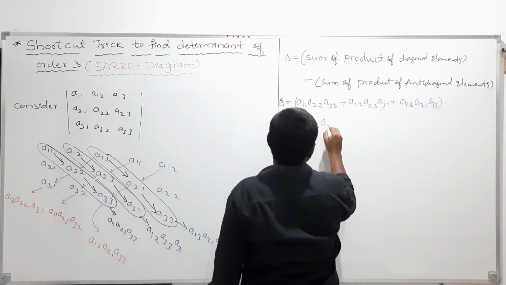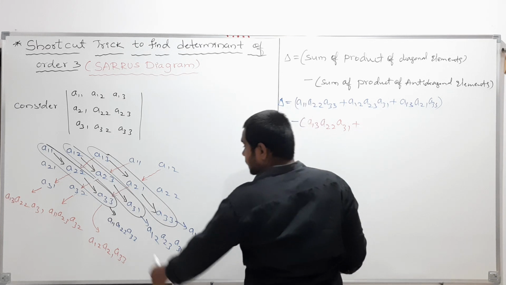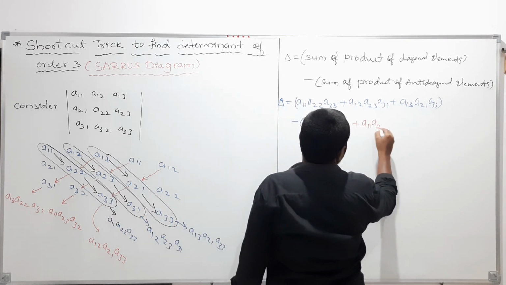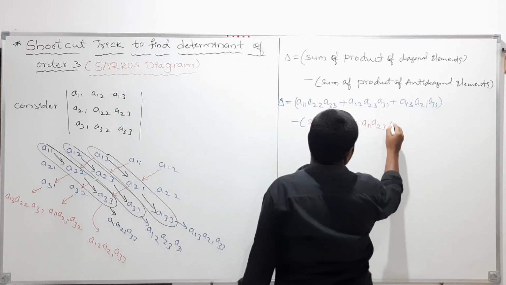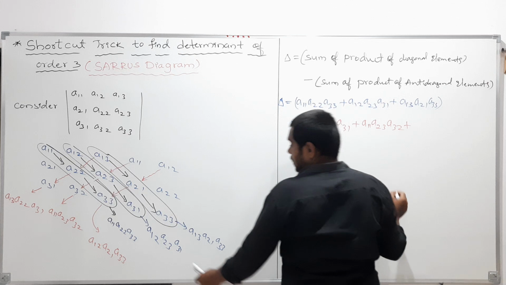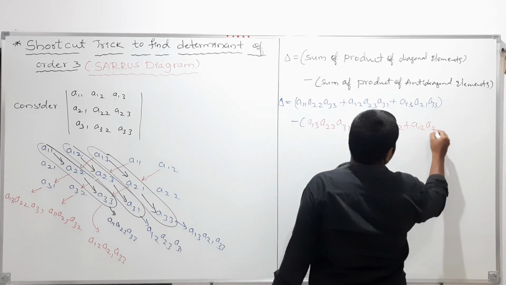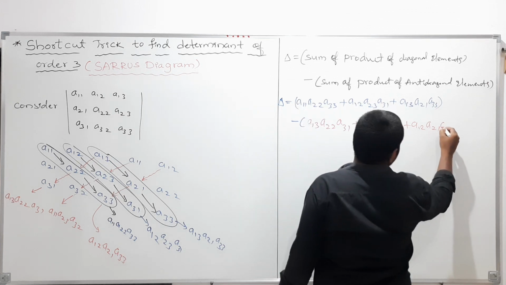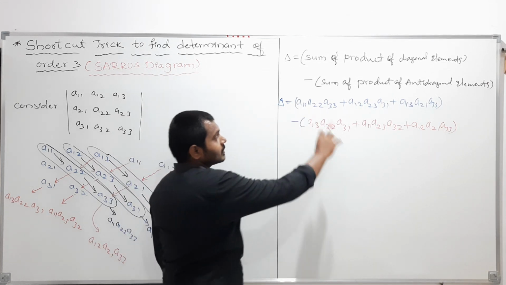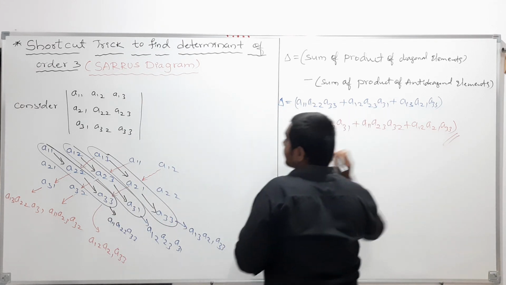A13, A22, A31 plus of A11, A23, A32. Next plus of this A12, A21, A3. Clear? So my dear students, if you simplify this, whatever answer you get will be your determinant